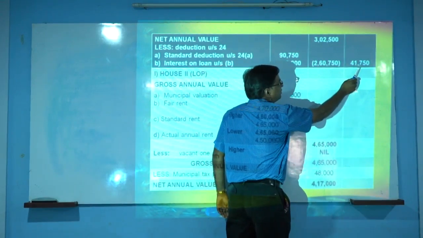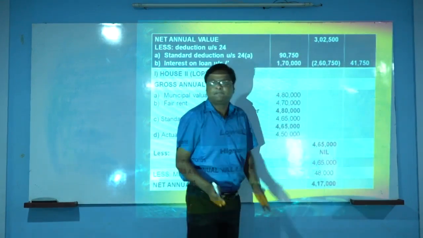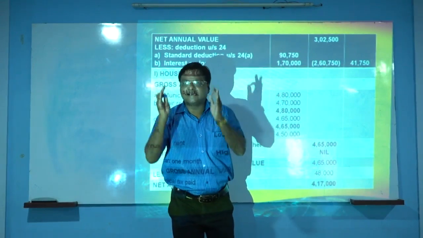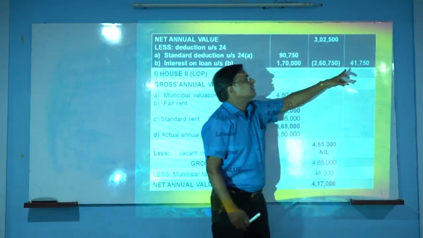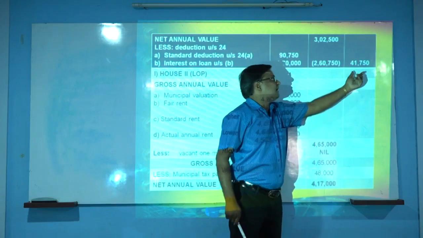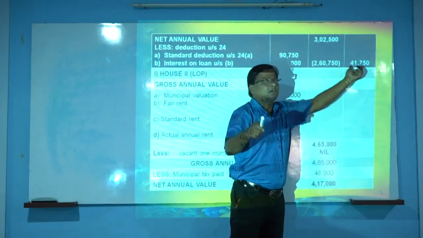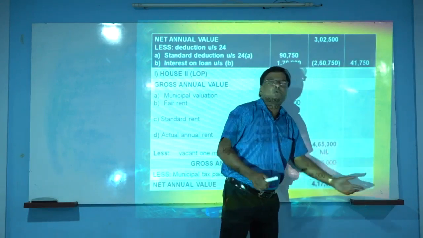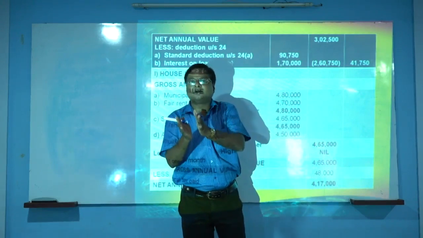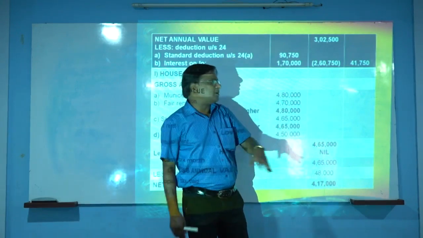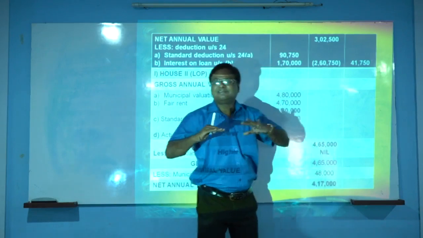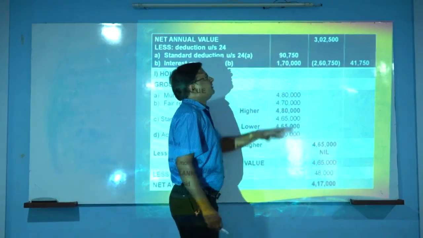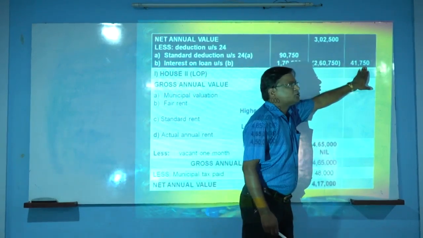First house rupees 41,750. That net income arising from that house property will be taken into the last column. Last column is the final column. Lastly we have to make the sum of all income earned from those house properties. Lastly we have to make the net total. This is the income from the first house property.